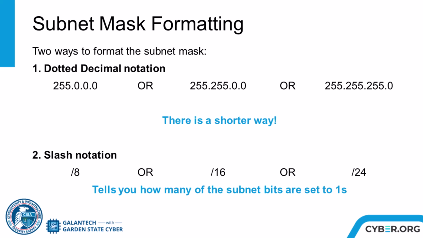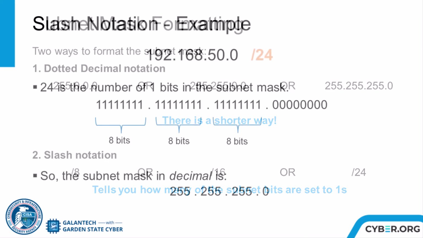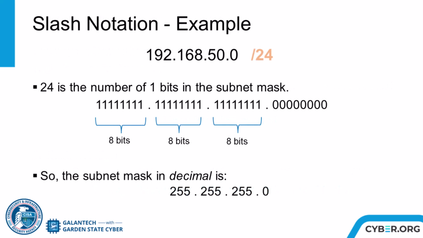If we have 3 255s in our subnet, there are 24 binary ones, and the / notation is /24. These formats will be used interchangeably and appear often in the upcoming lessons and labs. Here we have an IP address that is 129, which means it has 3 255s because it is in the last grouping. We know that there are 24 binary ones in the subnet, so we would say